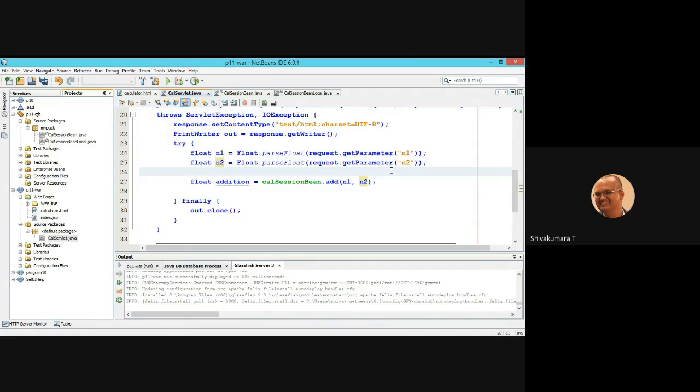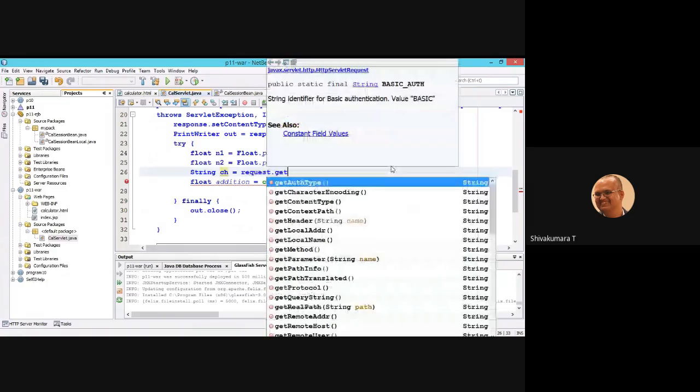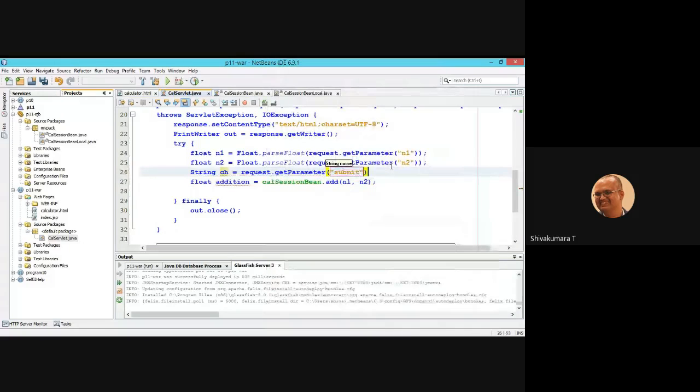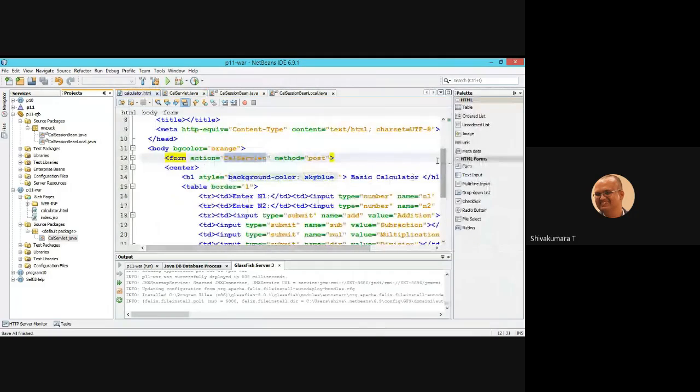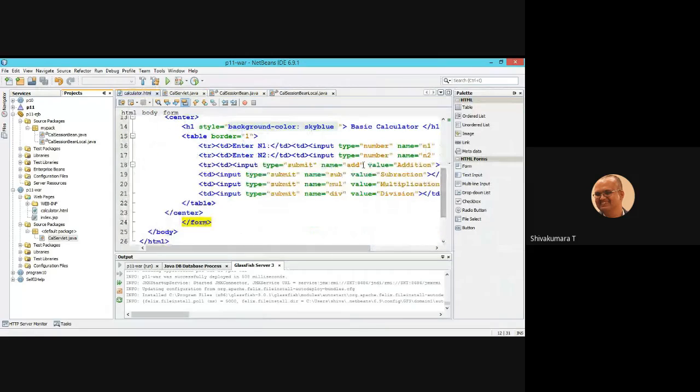Now select one more, String choice. Choice equal to request dot getParameter of submit, based on your submission of the form. If the form submission is add, the corresponding addition should happen.